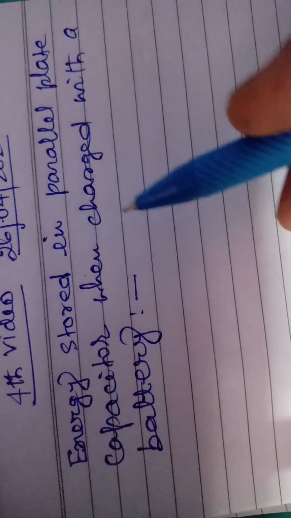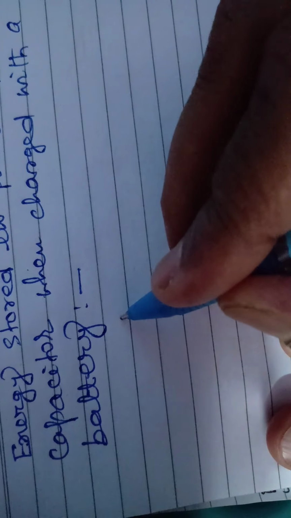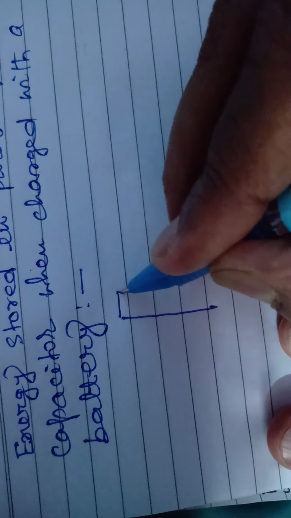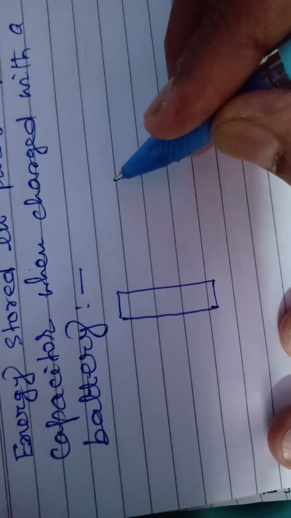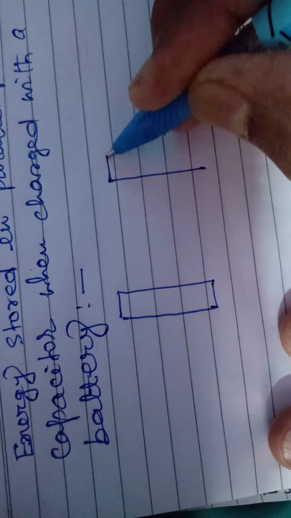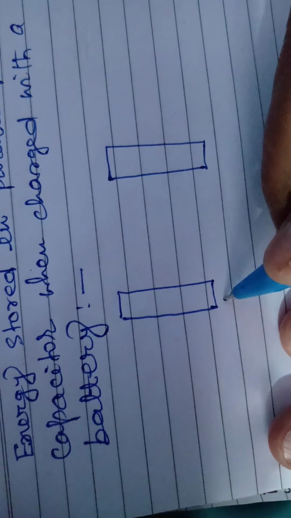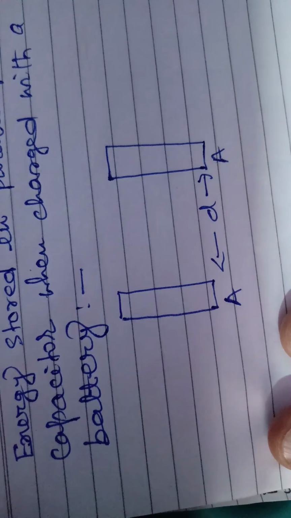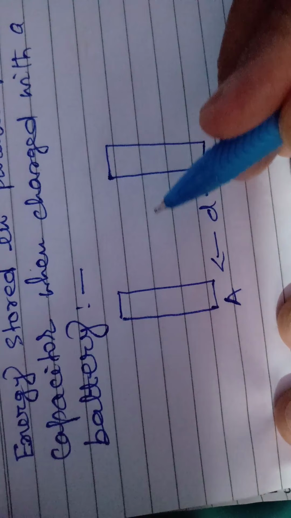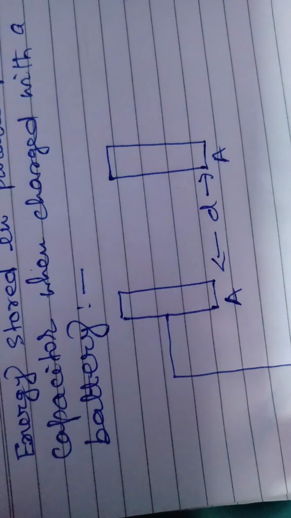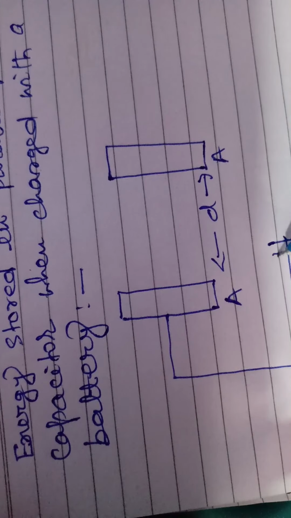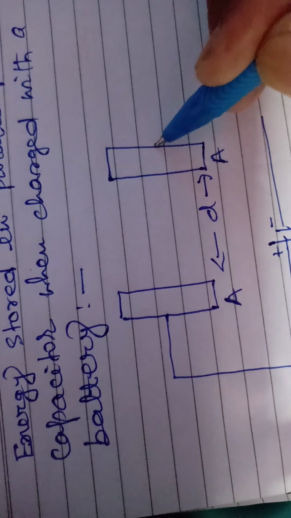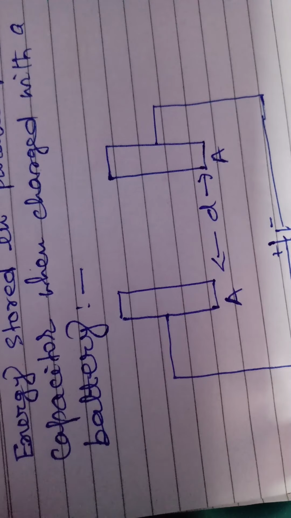Before going to derive that, we must recall that in case of a parallel plate capacitor, suppose this is a parallel plate capacitor, these are two plates having area A separated by a distance D. In this case, when this capacitor is charged by using a battery of potential difference between its terminals, say V,